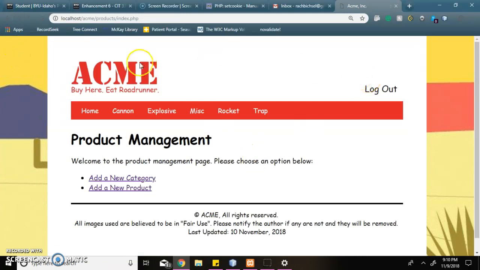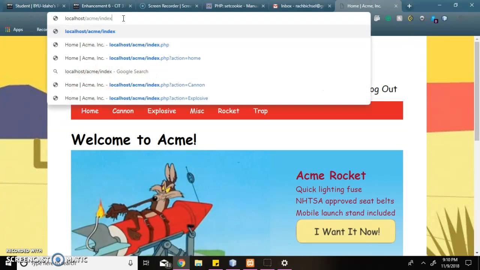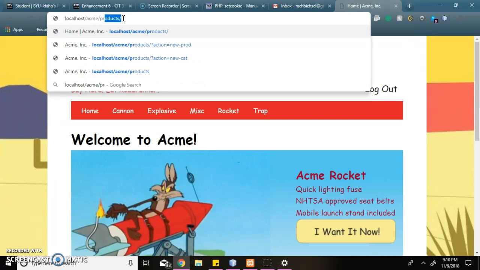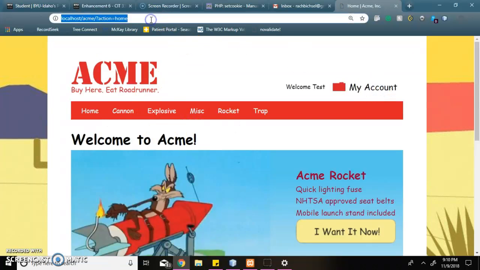Okay, and then just showing as an example, if I wanted for the extra edit, I wanted to go to products. I'm still logged in as the admin. I can go to there, but if I log out and I try to go to the product